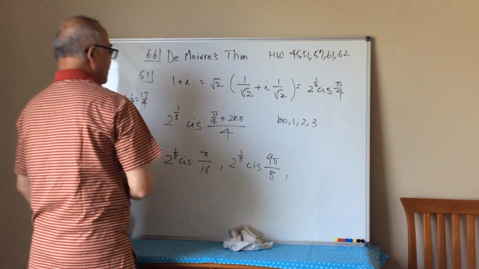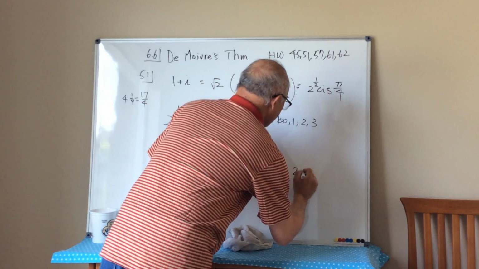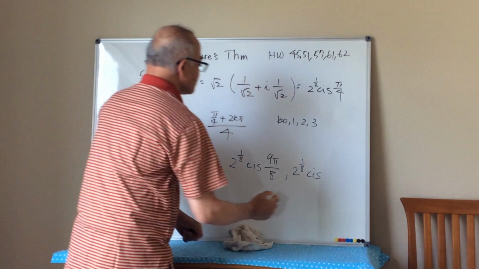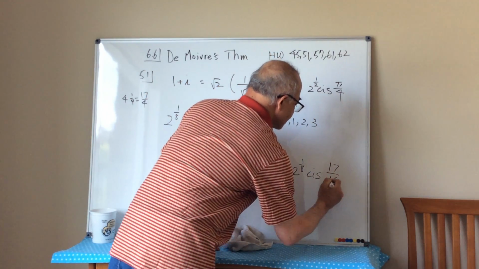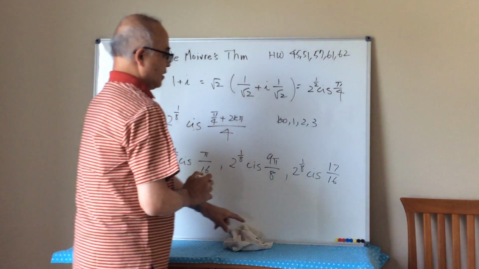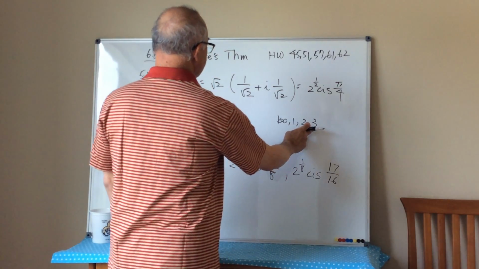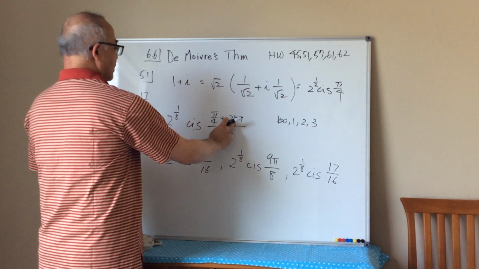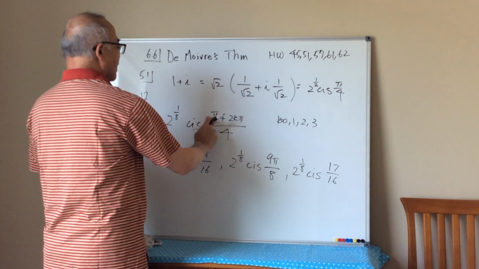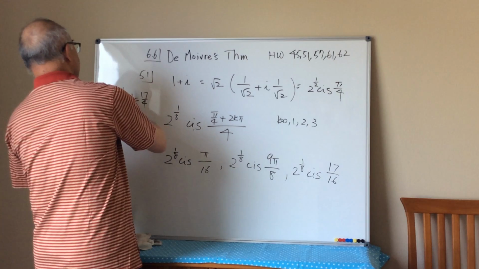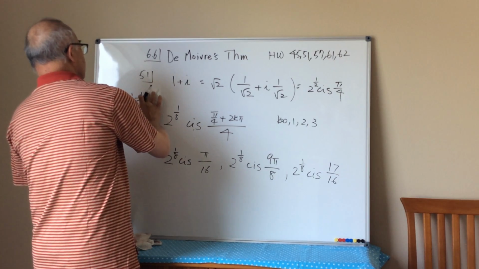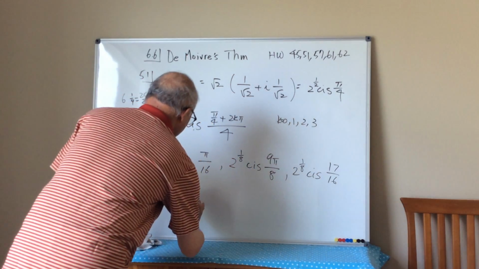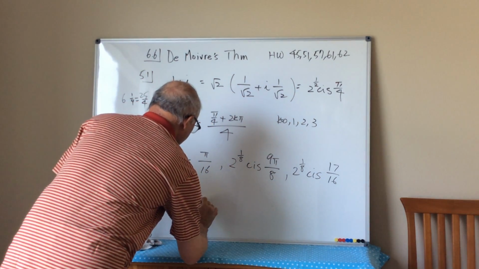16, 17. So I'm going to get 2, 1 over root A, cis, and divide that by 4. So it's going to be 17 over 16, right? The last one is going to be 3. So we're going to get 6 pi and a quarter. So it's going to be 6 and a quarter. So it's going to be 24, 25. So I'm going to get 2, 1 over and 1/8,